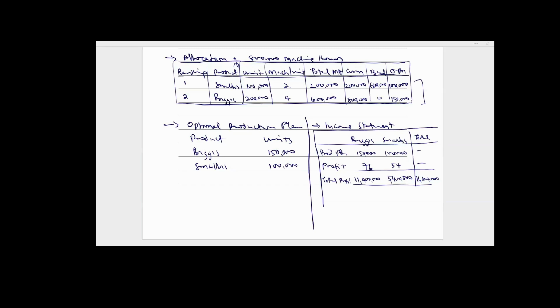But as far as this question is concerned, the constraint was just on the machine hour. So it's only machine hour that is a constraint, and it's only one equation, not up to two. Since it's not up to two, we cannot use the dual method to calculate your shadow price. Either you are supposed to increase the number of constraint by one. But let me take you back to what we did last time. Let me go back to